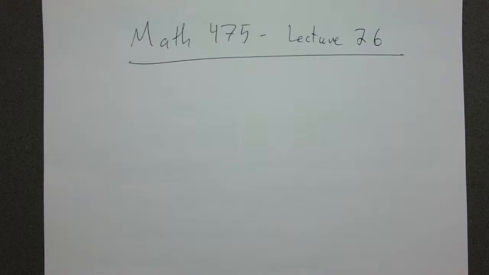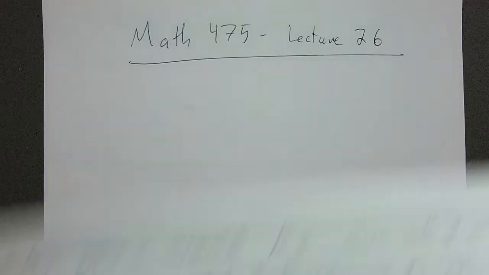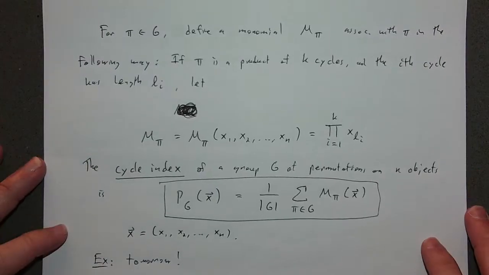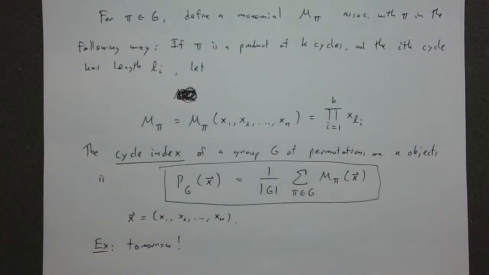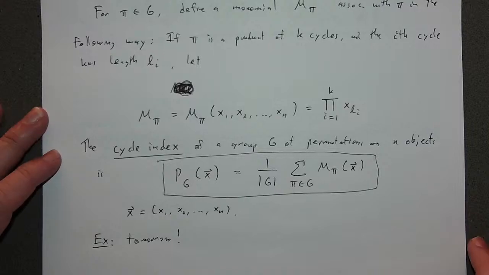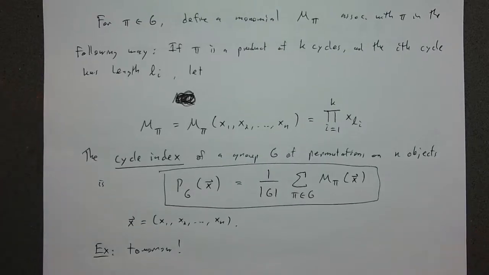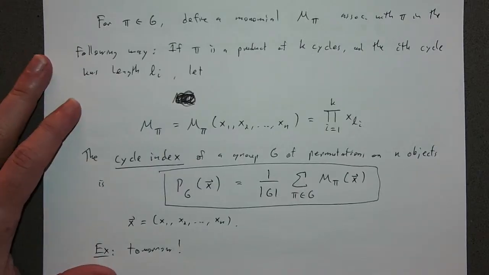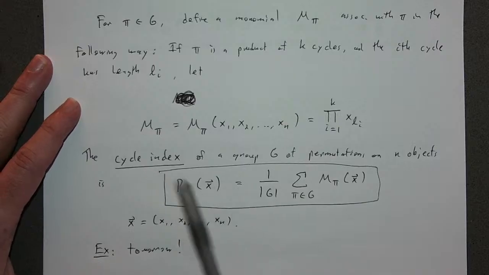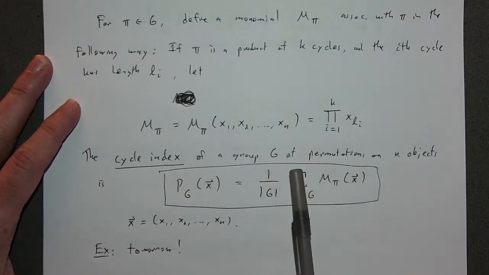Okay, welcome back, everybody. So we ended our discussion yesterday with a definition of the cycle index. Let me just remind you what it is that's going on. The cycle index is defined for a group G. Of course, we're thinking of every group as permutations here because that's the context in which this stuff arose. So the cycle index is defined for a group, and the cycle index of a group that is permutations on